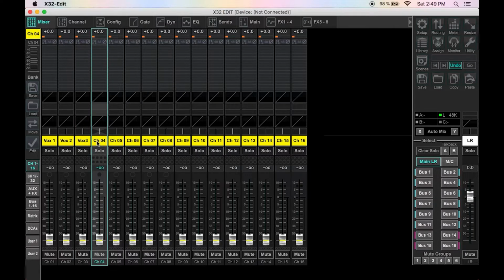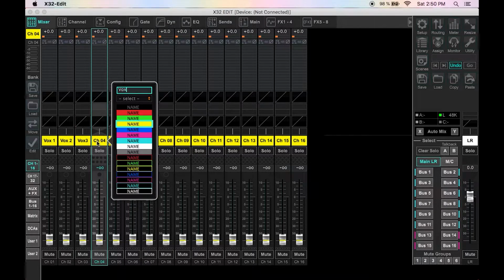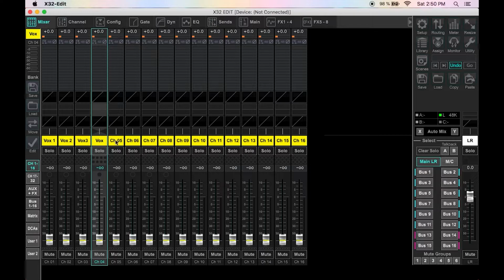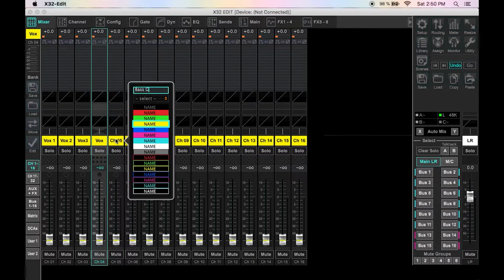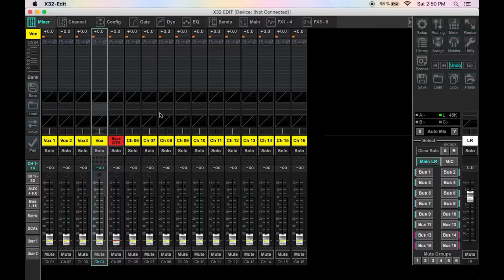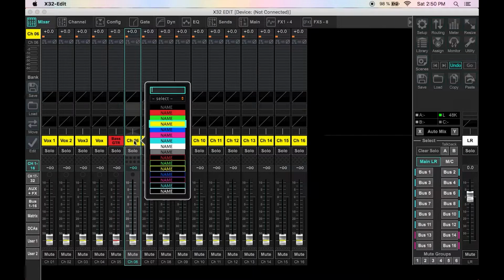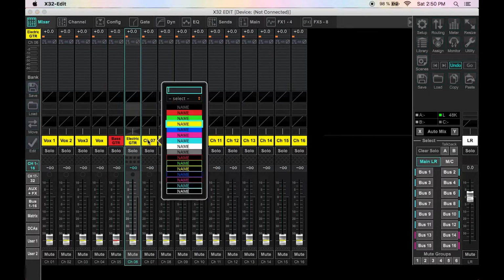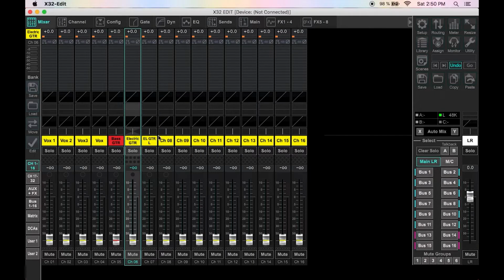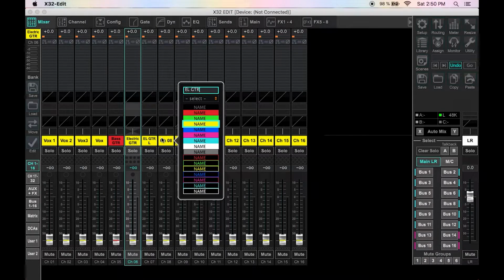So say you got 3 vocals, 3 vox, we got a bass guitar, we got a mono electric guitar. Then we got an electric guitar left and an electric guitar right,